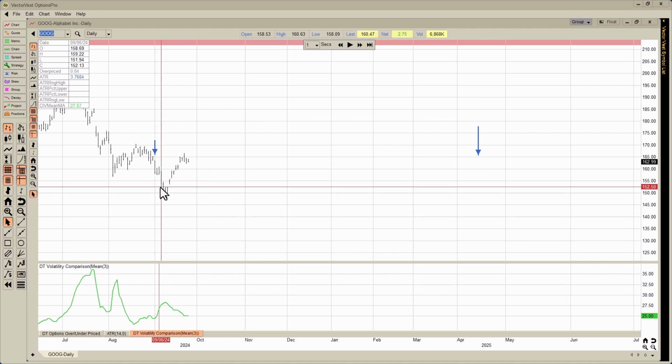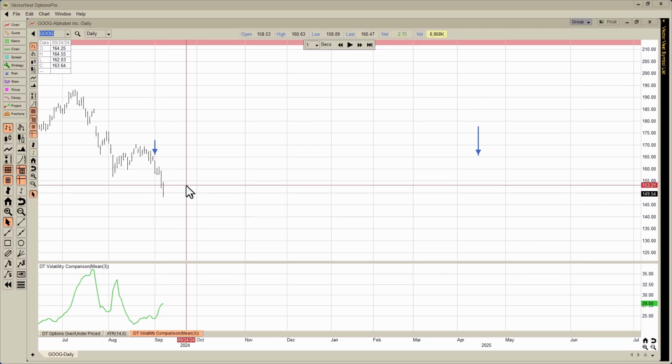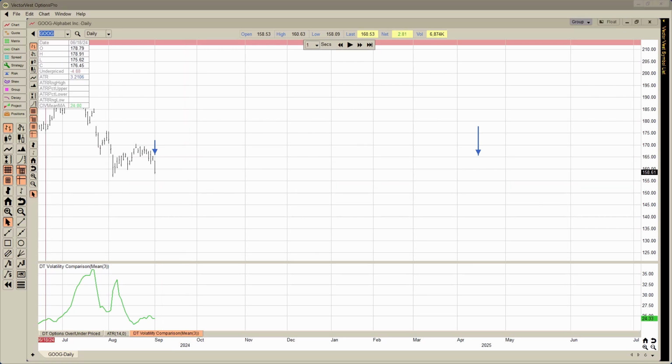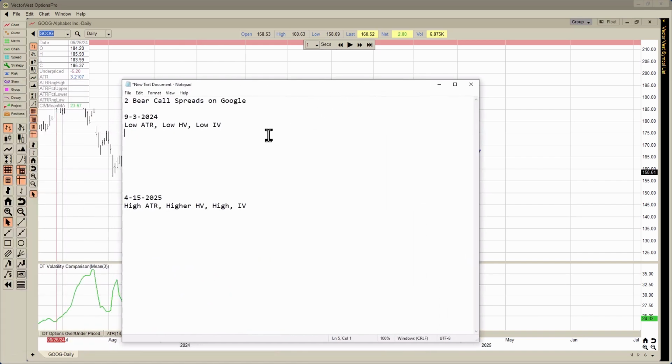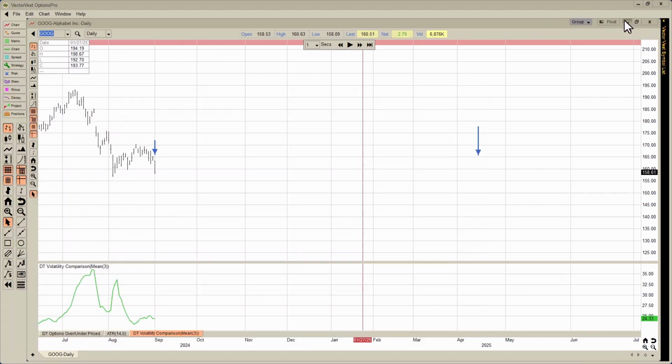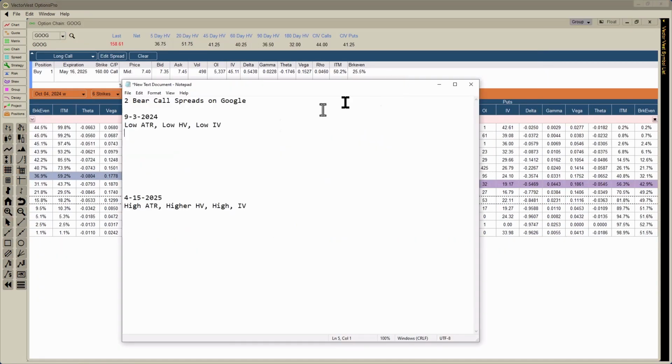Now you can already see the stock's going to go down after that, and that's fine. This is just for educational purposes, right? So on September 3rd, I think the stock is going to go down. What I want to do is sell a call above the price of the stock. So on that date, I'm going to go back to my option chain. The stock that date closed at 158.61, so we're going to use the closing prices. Now my goal is to sell a call that has less than a 40% chance of going